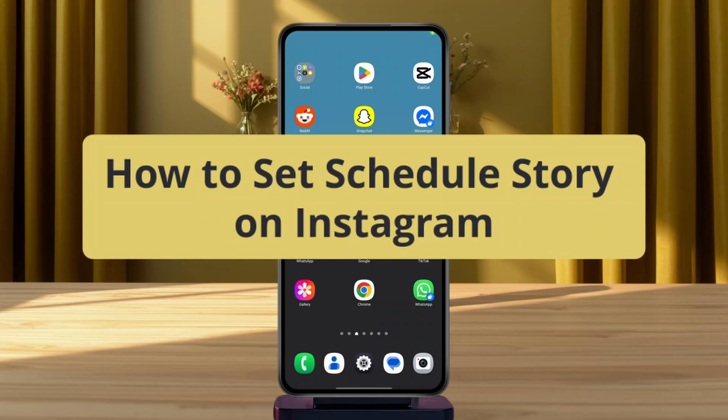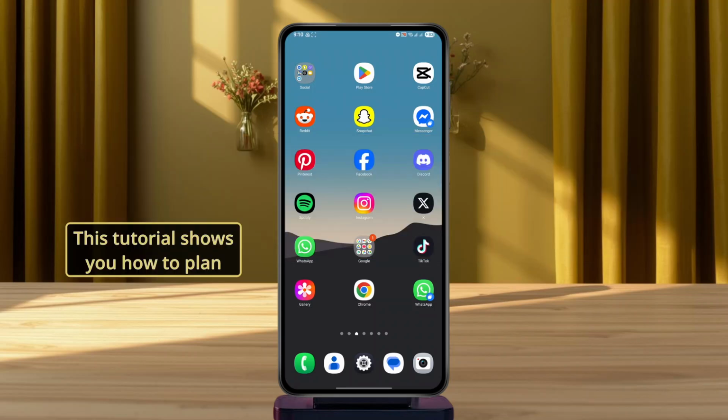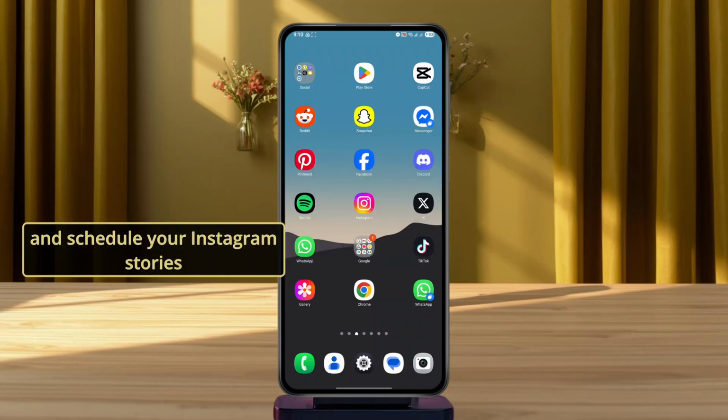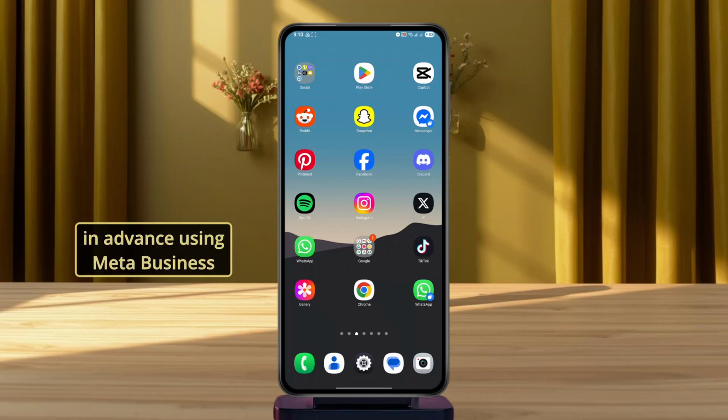How to schedule a story on Instagram. This tutorial shows you how to plan and schedule your Instagram stories in advance using Meta Business Suite on your Android device. First, make sure your Instagram account is set to a professional account before getting started, as this is